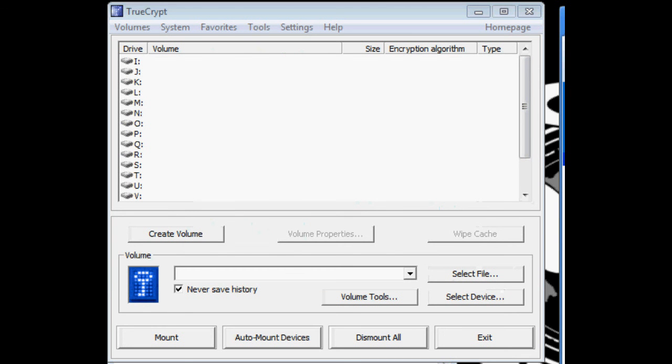In the remaining steps, we will mount the volume we just created. We will return to the main TrueCrypt window, which should still be open, but if it's not, repeat step 1 to launch TrueCrypt, then continue to this step.